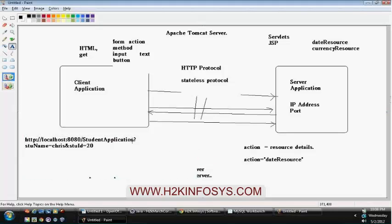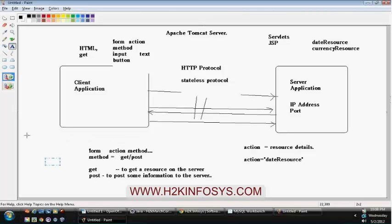This is how normally form will get submitted. So all the parameters, whatever that you are sending, they will be added. Let me write it one more time. HTTP colon localhost colon 8080 / your application name, and then whatever the data that you are sending, it will be appended as like this,